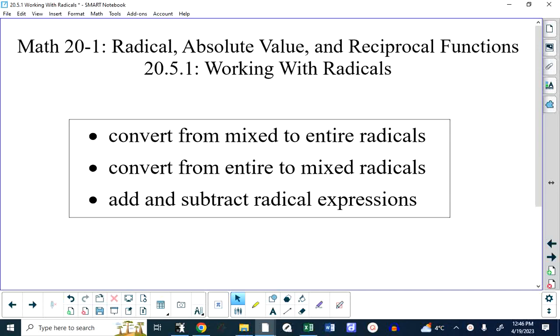So the first lesson in this unit deals with working with radicals. That's the name of the section in your textbook. It's section 5.1. A lot of this is a very quick review of grade 10